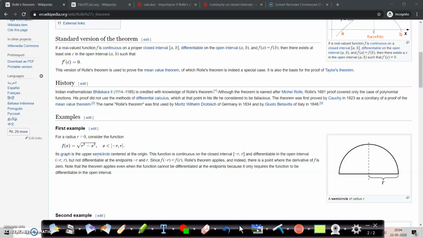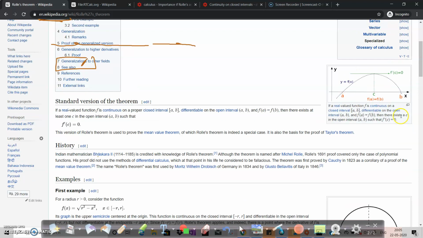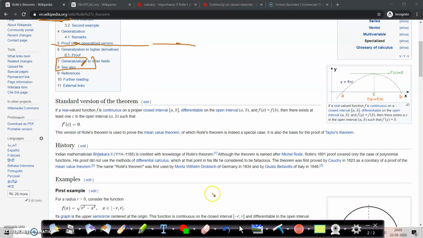You can learn it from the Wikipedia page. There are a lot of things given about it. Many teachers who watch this video will understand that I haven't said all of these parts, because what Wikipedia can say doesn't need to be said. You can read a lot of things from here. Okay, a very nice diagram is given here. Just give me a second, I will show you. So you can see here.